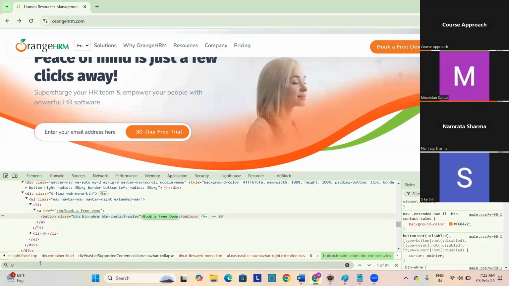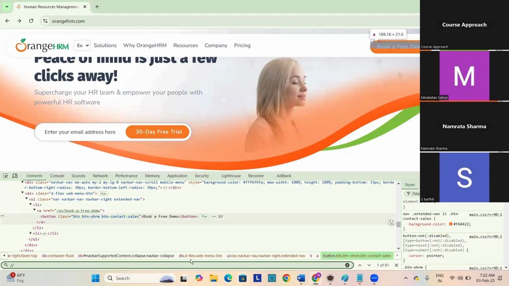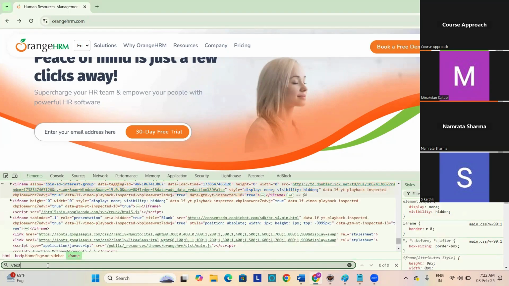Copy. I'll be using this syntax as tag name, text value, with this text value. That means what is visible text and what is hidden text, I'll show you. This one is the text value which is visible. Tag name as